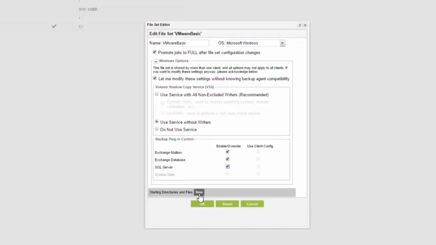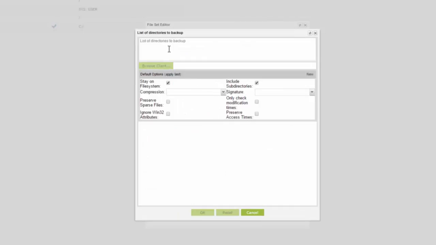Then we have starting directories. So we select New. And this is going to open up, and this is going to look very familiar to some of you. It's basically an old INI file. So you could just create different structures here. You could do something common like,